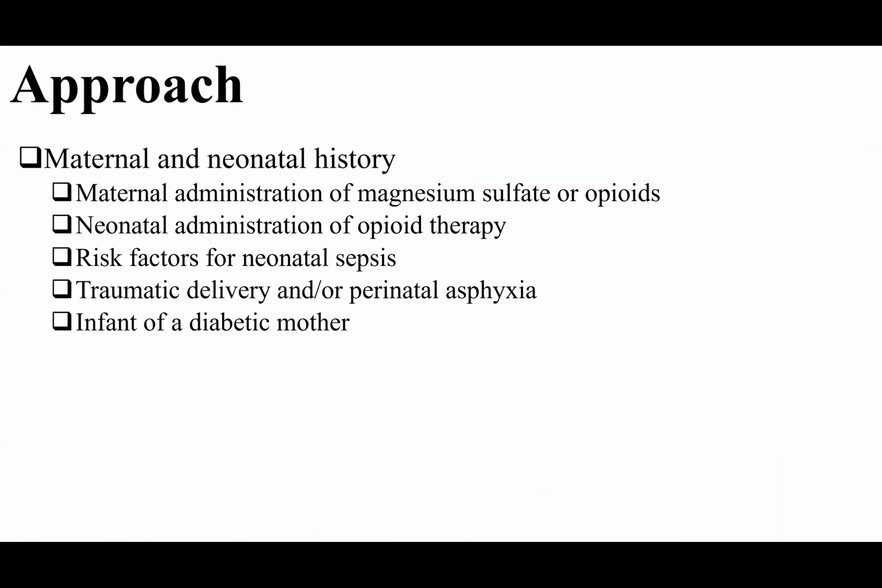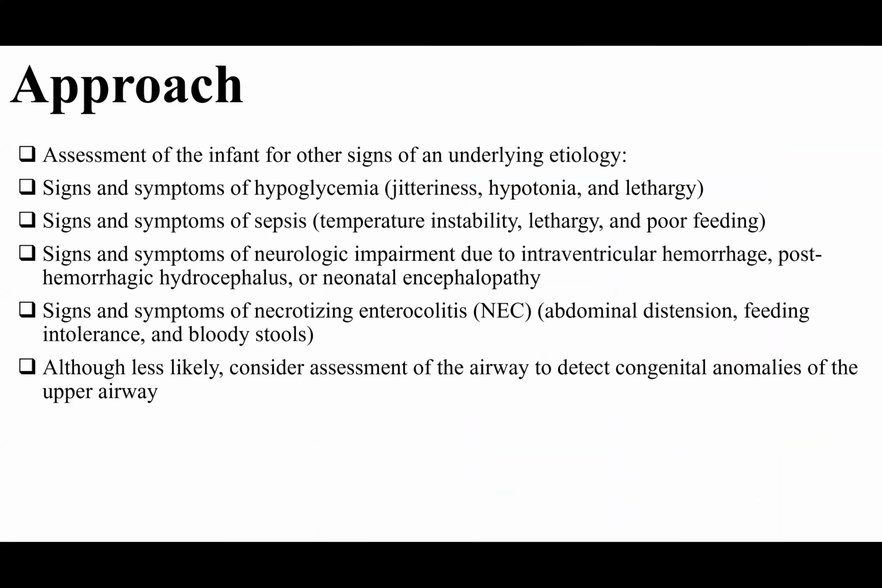So how do we approach it? First, we look at the maternal and neonatal history, especially if we are still within 1 week of life. Was there any magnesium sulfate as a neuroprotector, or opiate? Is there a risk factor for sepsis? Was the delivery traumatic? Is there perinatal asphyxia? Is the mother diabetic, with risk of hypoglycemia, and so on? Signs and symptoms of hypoglycemia,